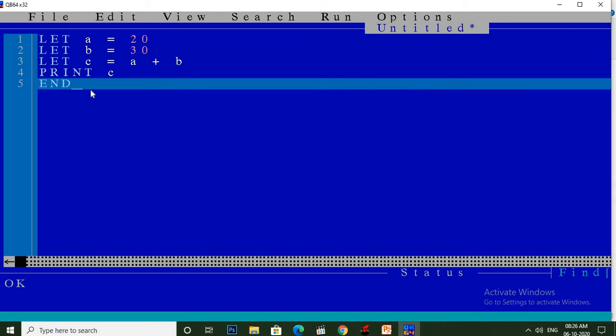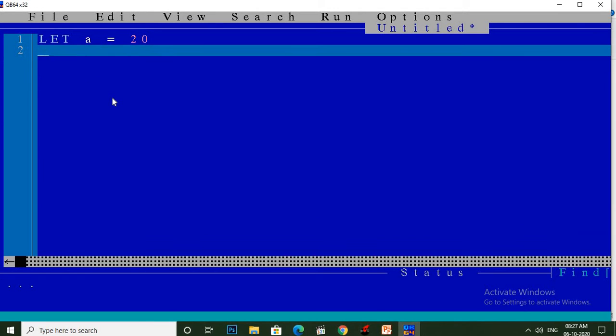Now close this. Now second statement is input statement. The INPUT command is used to take data from the user. When you type the input command, that is INPUT A, then a question mark appears on the output screen like this.